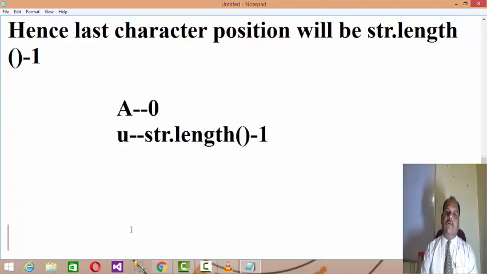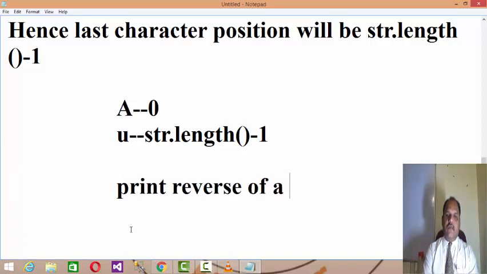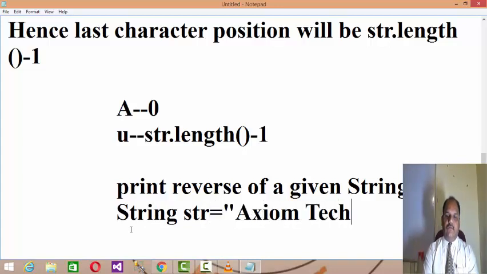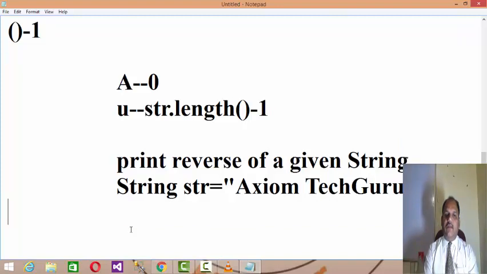Now let us write the first logic. If you want to print the reverse of a given string, let's say for example you have str = "axiom take guru" and you want to print the reverse of it.